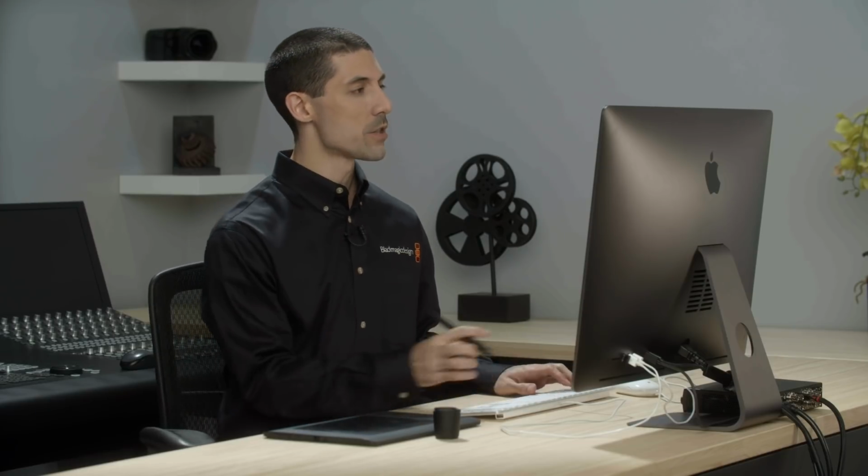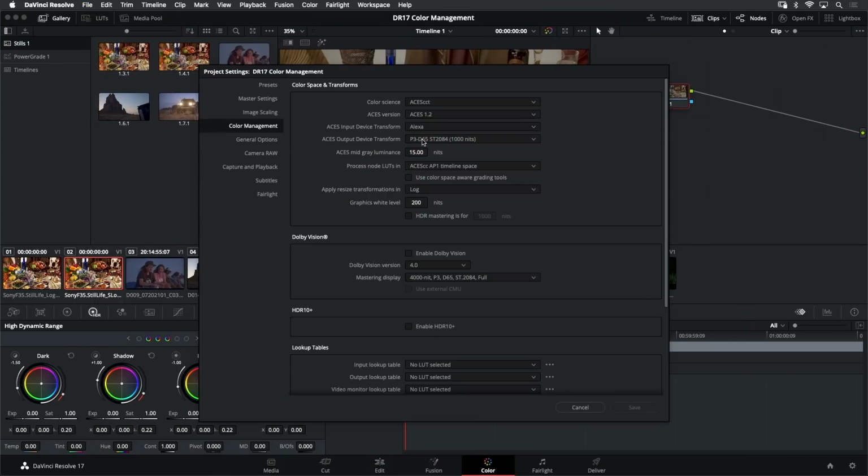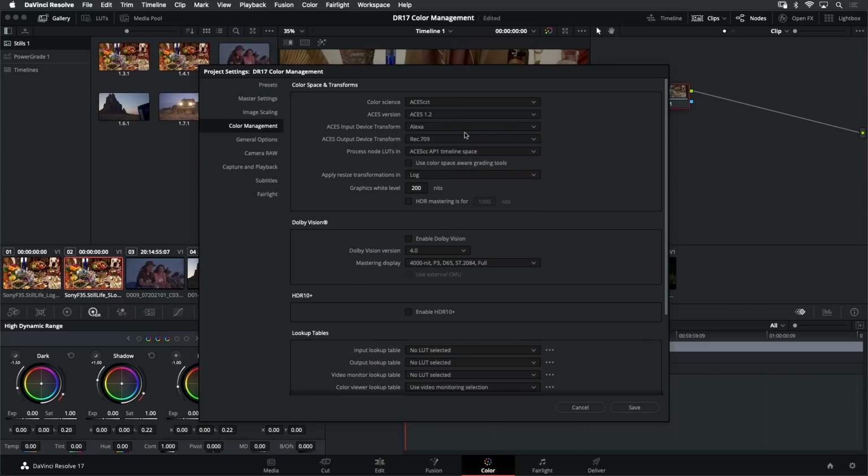As we've just learned, one option for that would be to go into our color management settings. So if I went into my project settings right now, I could change my output device transform from this HDR specification that it's currently set to, and I could flip back to Rec. 709, and this would allow me to preserve my grade and its creative intent in an SDR rendering of this grade, which was originally performed in HDR. But I'm actually not going to do this. We're going to do it in a different way now using Dolby Vision.